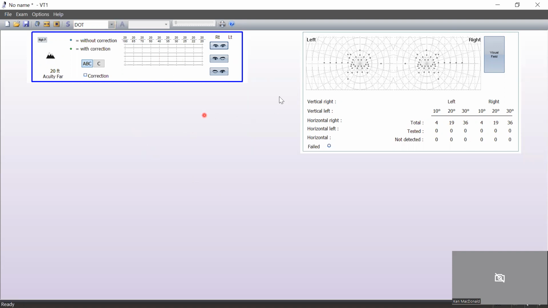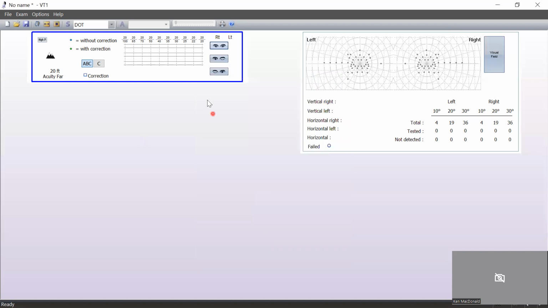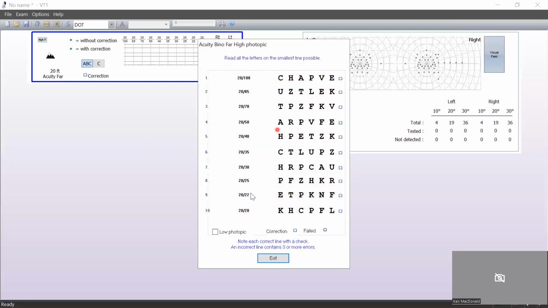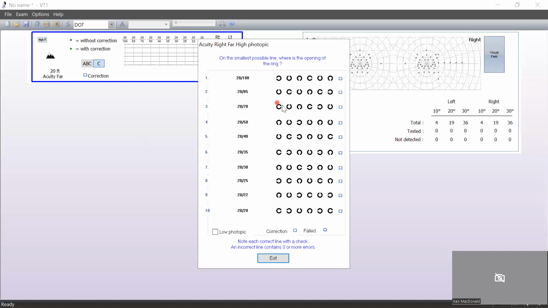Like here's a couple on the screen here. You could just click on it, and with your computer connected to the vision screener, you would go through each test, clicking on it. This is the binocular for acuity. If you decided you wanted the Landau rings, you would click there and say, I want to test the right eye only. And in the machine, only the right eye would be exposed to the rings and the person would have to read off if the ring is on the left side or right side, left side, bottom,